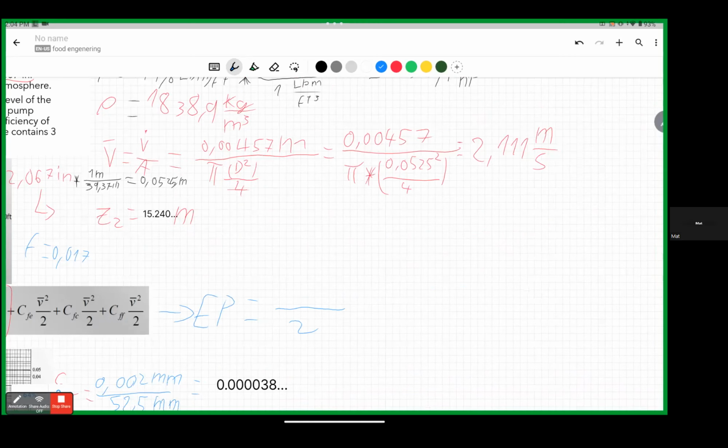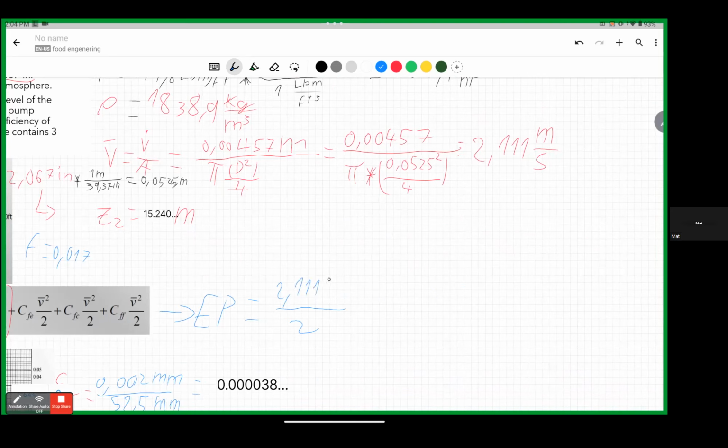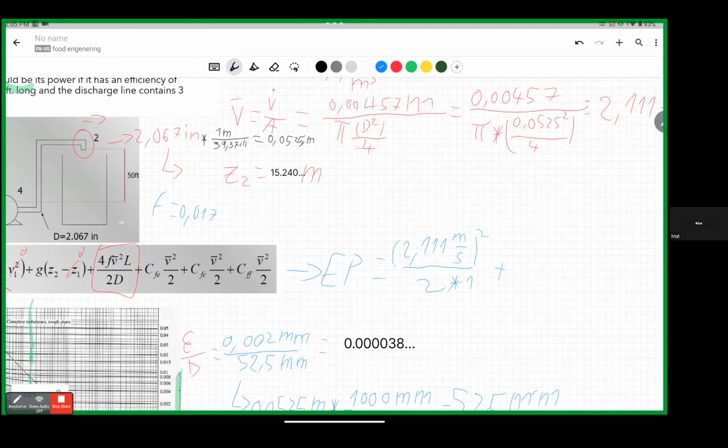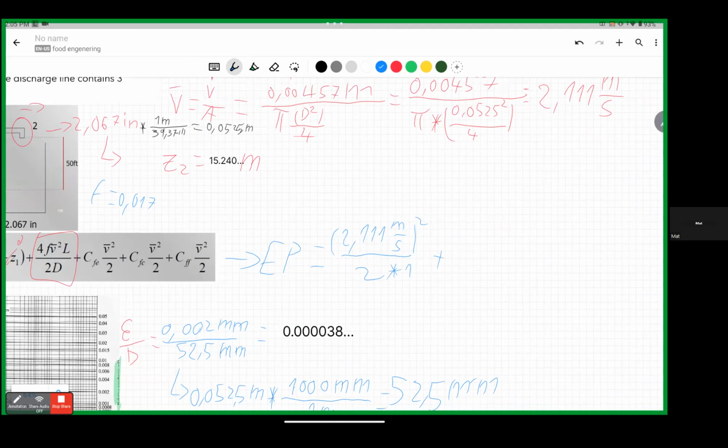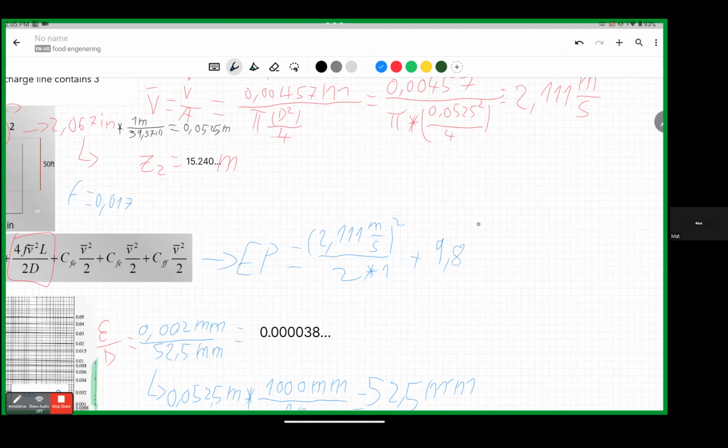The velocity in this exercise, let me check, is 2.111 meters per second, multiplied by 1 plus the second part, which is gravity. Gravity is 9.8 meters per second